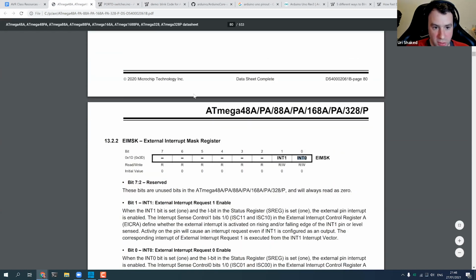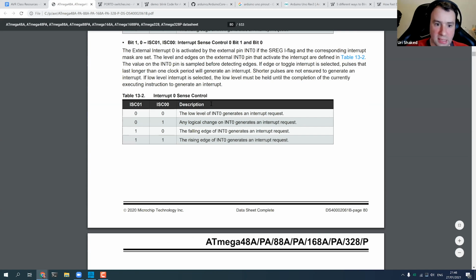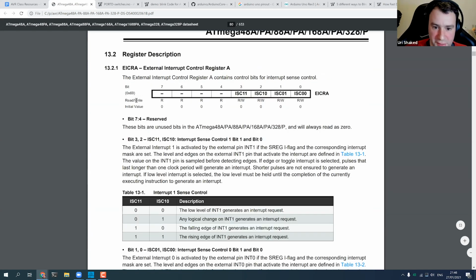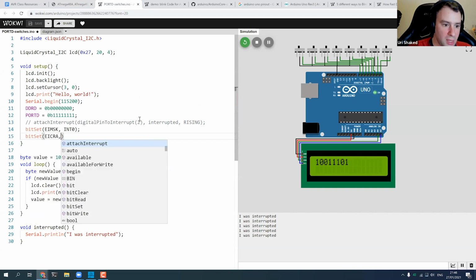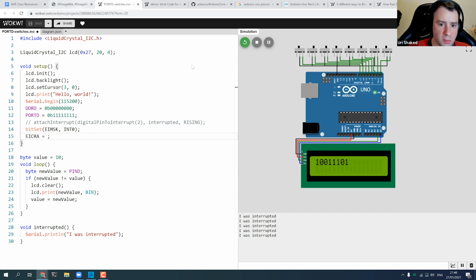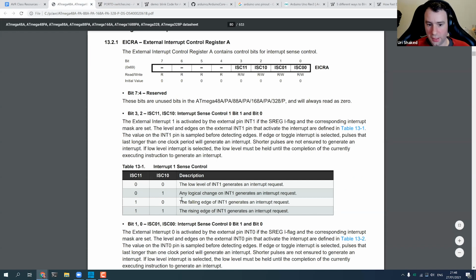And for that, we would need to look at the second register, EICRA, the external interrupt control register. And we can set it to decide when this interrupt fires. Actually, we can just do it with assignment because I think we'll need multiple bits. We want it to go on the rising edge of int0.